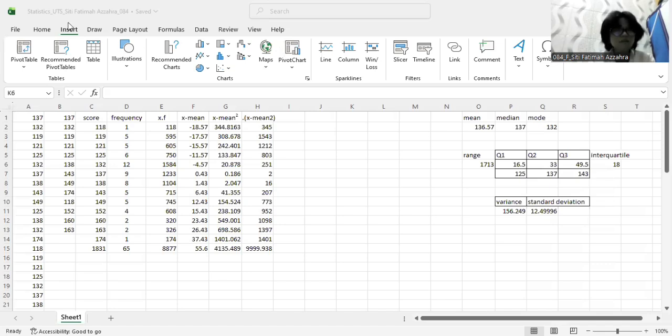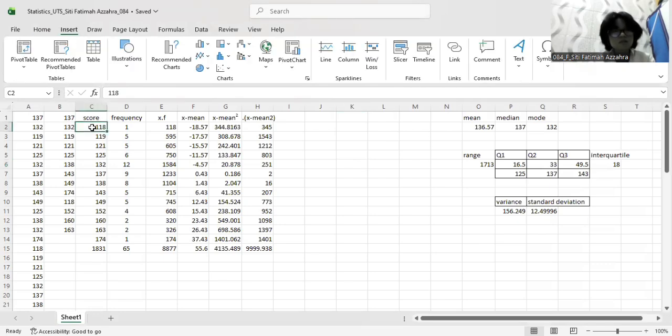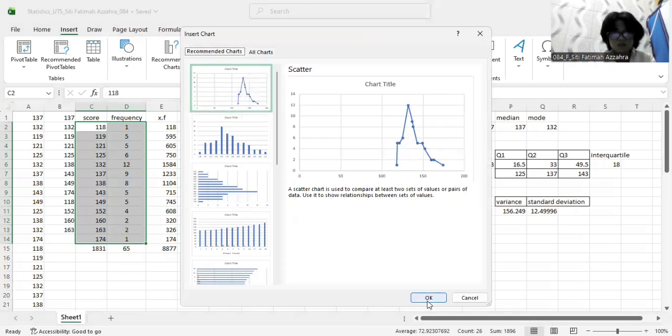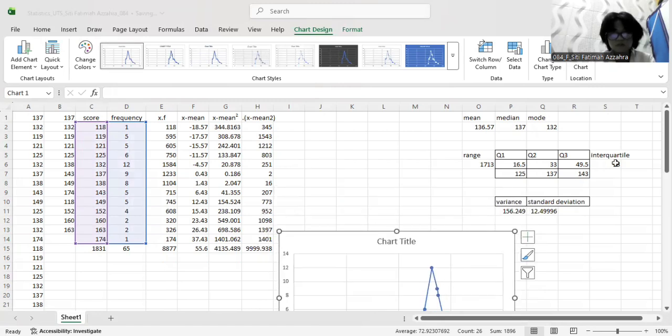Okay, now, so we're going to search polygon. So, I was on the insert page already, so we're gonna go back to our home page, and then you go to insert, and then you're gonna want to block underscore with frequency, but only to this part. Jangan block sumnya. We don't want that. We don't need that data. So we're going to go to recommended charts and choose this one, scatter, and then you're done. Drag it to wherever you want. I personally want to put it here. And then you're done.